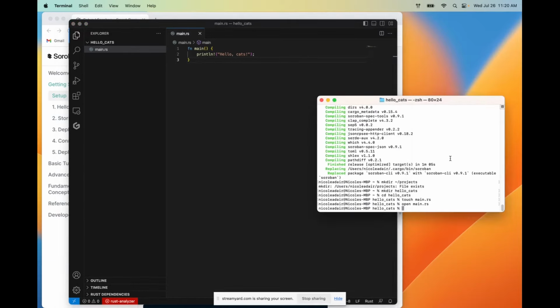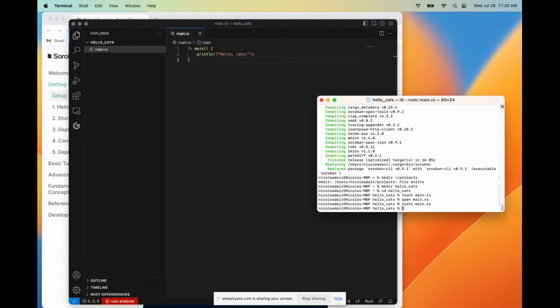And so what we're going to do now is compile and run this code. We're going to use the command rustc with the name of the file, main.rs. That compiles our program. And to run the file, this is on Mac, by the way. It's slightly different in Windows and other operating systems, but I will link resources for those commands in the show notes as well.